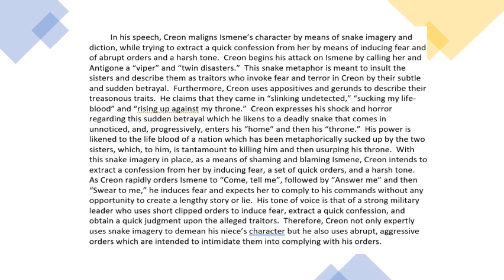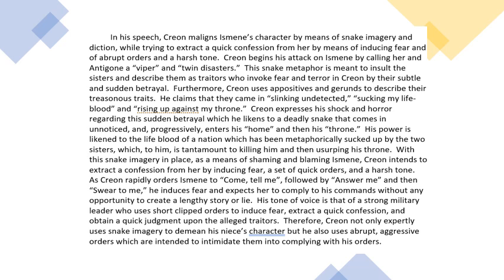So one of them looks at epideictic rhetoric, and the other one looks at deliberative rhetoric. For epideictic, you're looking at the comparison model or snake imagery and diction, and then you are looking at the idea of ethos and a little bit of pathos, his anger and rage, certainly fear, terror of being attacked. And then you look at the second component, which is deliberative rhetoric once more, but this time it is to extract a confession by quick orders and a tone. So you have to have a tone and you have to have a set of words or orders to convey